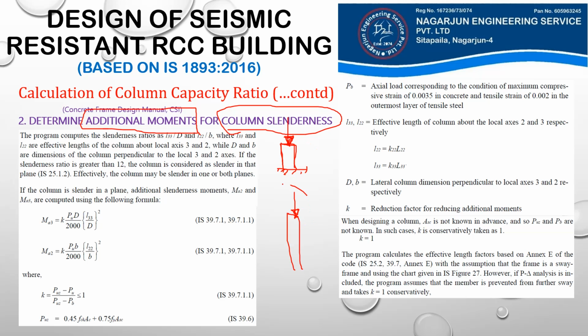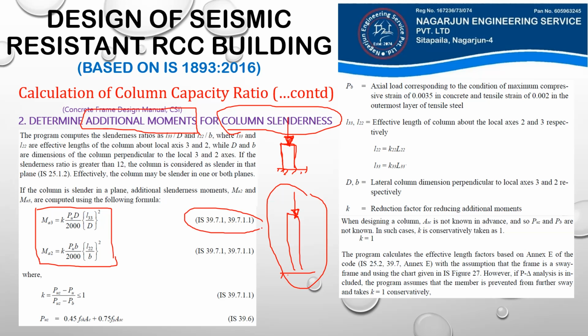So in slender columns, we have the additional effect of some moments generated due to the slenderness property. We first have to check whether our columns are slender or not, and then we find the additional moments if the columns are slender, and that additional moments formula we have here, EMA2 and EMA3. These formulas are derived from IS 456 clause, these codes here,